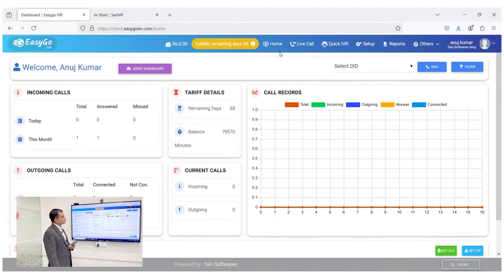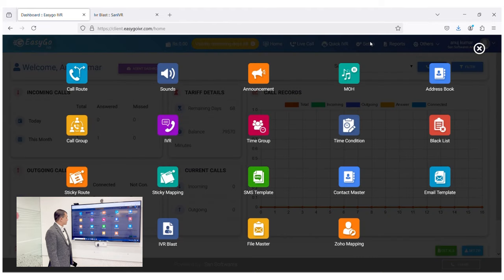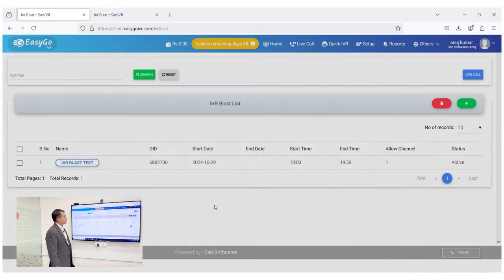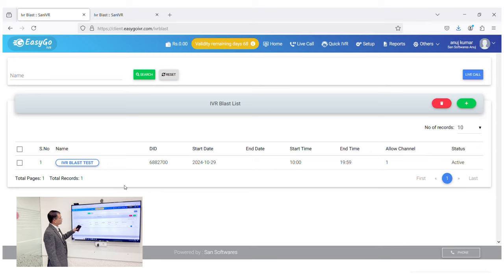So let's go to the setup section. Then we have lots of options there. So we select IVR Blast. Then we can create, we can add, or we can edit an existing one. So let's click on the edit section,